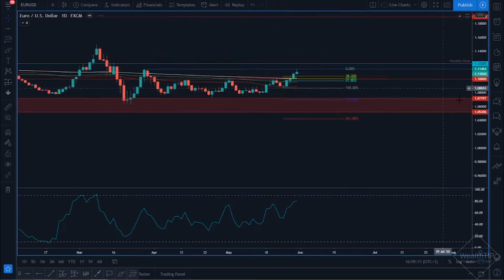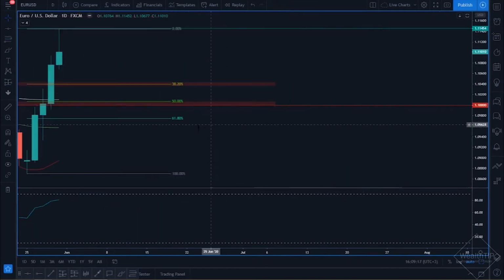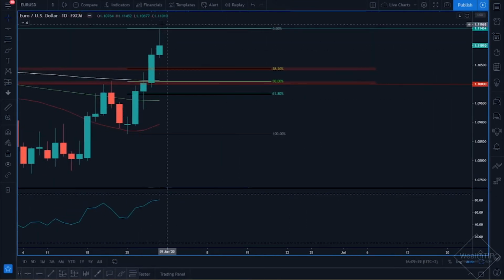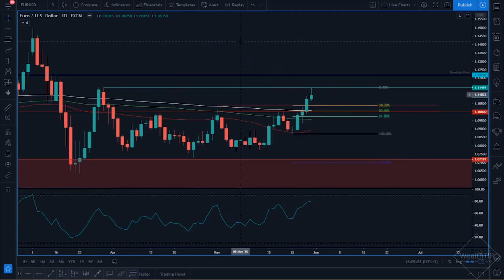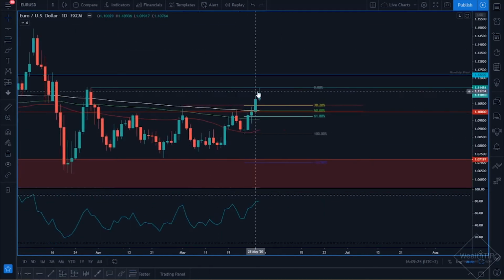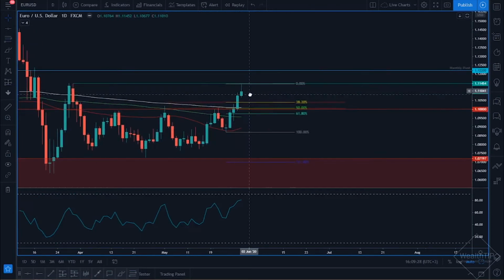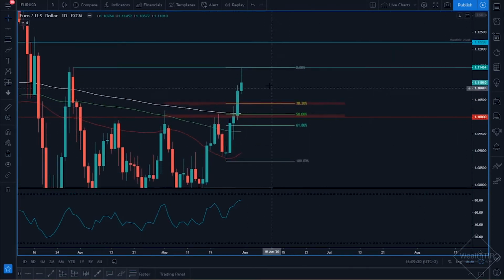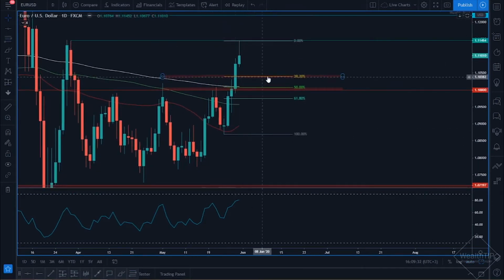So if we jump straight over onto the daily time frame, what I would look at is although we have a very nice daily shooting star, I wouldn't necessarily look at this as an opportunity to sell the euro dollar. But in fact, I would look at this as an opportunity to use this signal to see the market drop to either our 38.2 fib retracement, alternatively our 50% fib retracement. Now, my personal bias would see the market actually drop all the way to 50.